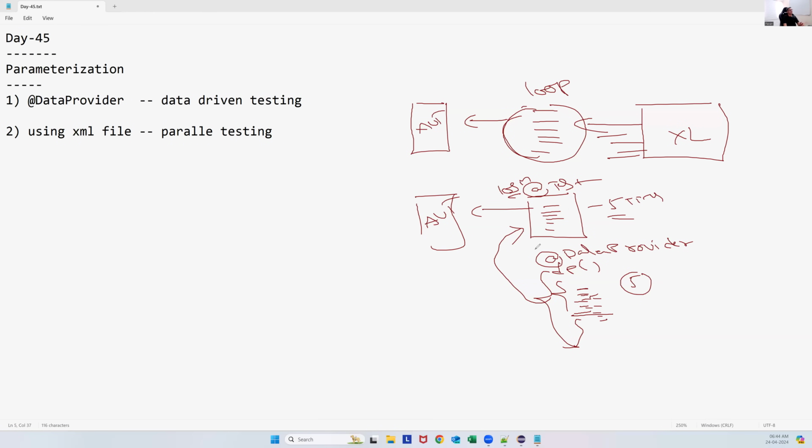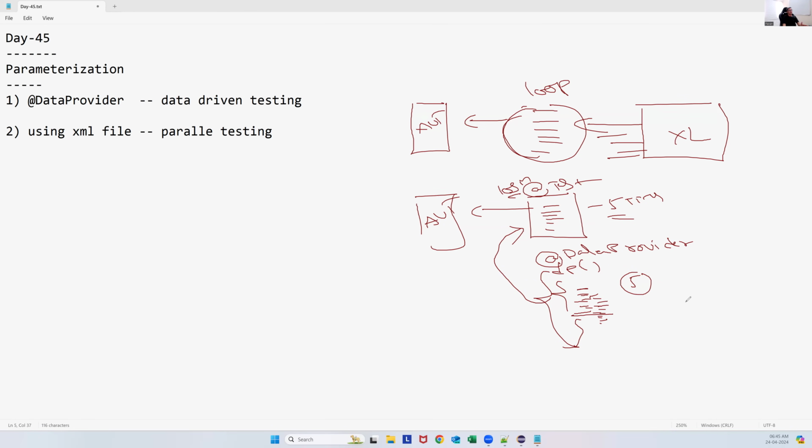Let me complete first and then ask the questions. Okay, this requires a lot of explanation to understand this. All your questions will be clarified. First, listen. Data provider method. Inside the data provider method, we can specify the test data, hardcode data. So for example, if you have a 3 to 4 inputs, we can specify inside the data provider method that you can return. Suppose if you have a huge data, let's say you have a 10 inputs, 20 inputs, 100